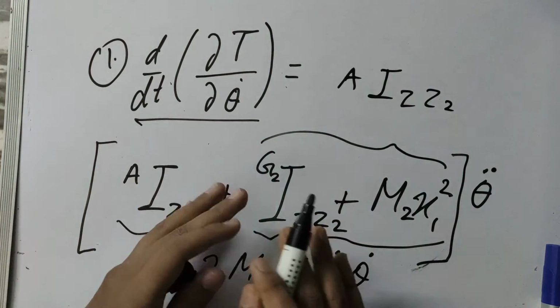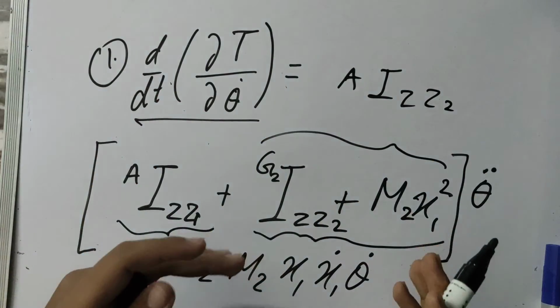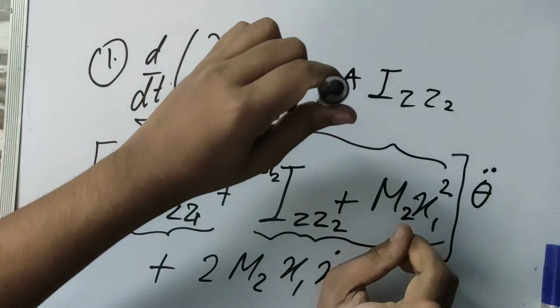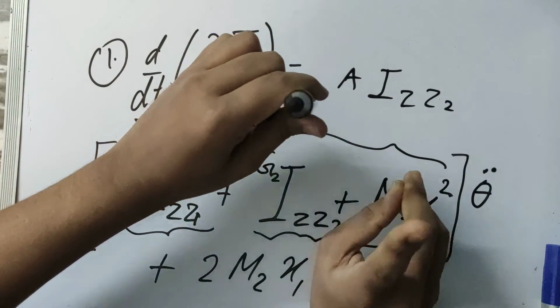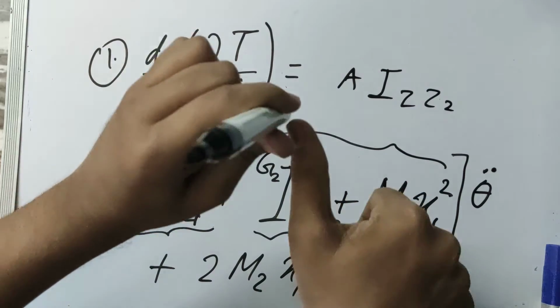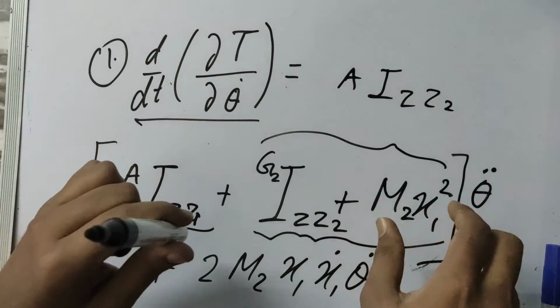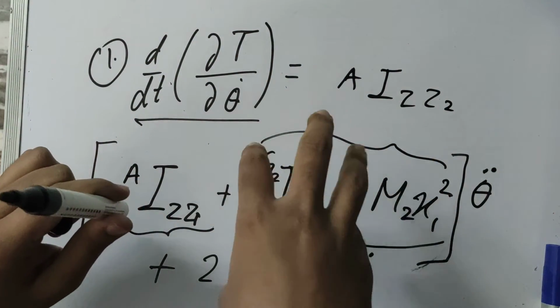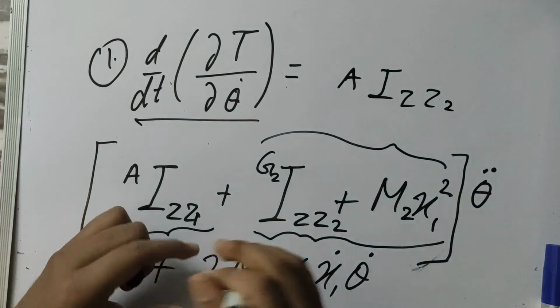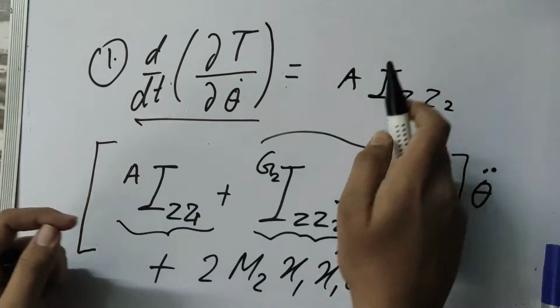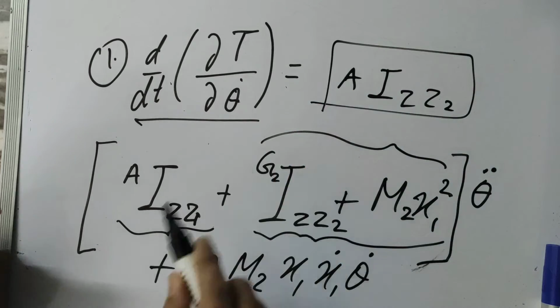Because you see, this is something similar to the parallel axis theorem. Basically that A and the center of mass axis are parallel, the distance between them is x1, so x1 squared times m2 plus the moment of inertia about its center of mass. So this composition is basically what we are getting,